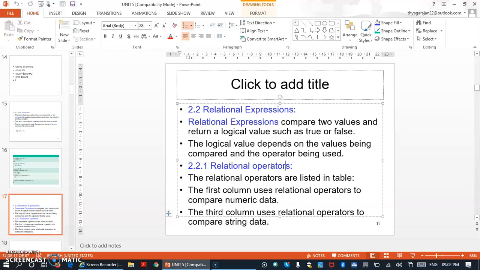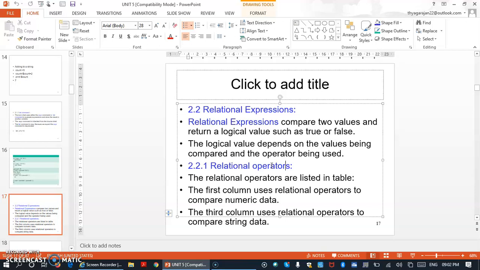The logical value depends on the values being compared and the operator being used. So whenever we are comparing, it depends on the values, and at the same time on the relational operator which we are using.